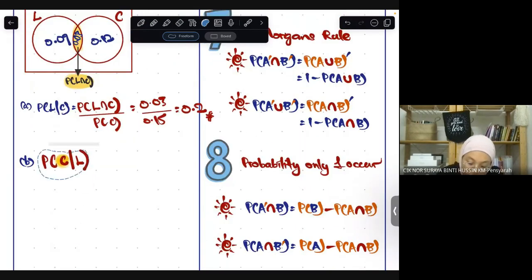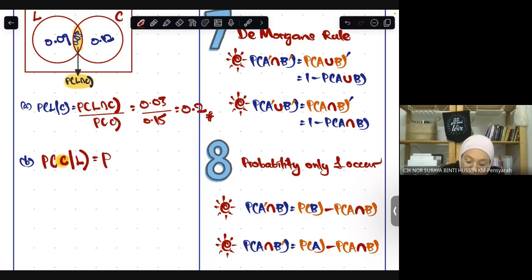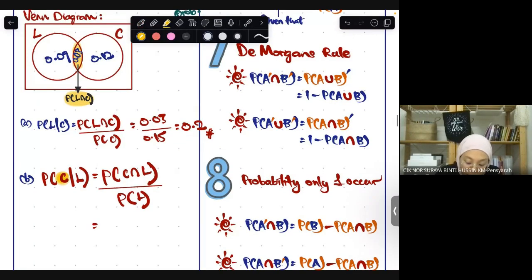So, itulah soalan dia, agak mengelirukan. So, C intersect L, meaning the curly head intersect with the left-handed, divided with the left-handed. Therefore, I hope you do already understand now bahawa the intersection, tak kisahlah siapa di depan, siapa di belakang, asalkan curly intersect with left-handed ataupun left-handed intersect with curly, they are the same value, iaitu 0.03. So 0.03 divided with